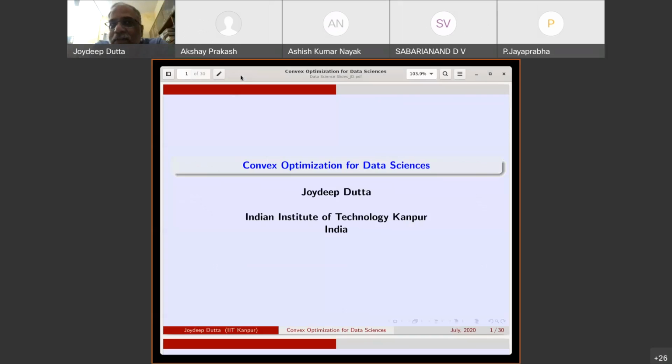you might find this title, complex optimization for data sciences, quite vague, because there are so many things in data science. Statistics could be data science. Image processing is obviously data science. Anything to do with medicine could be data science. So it's a vague title, but essentially I'm going to tell you what are the key methods of optimization